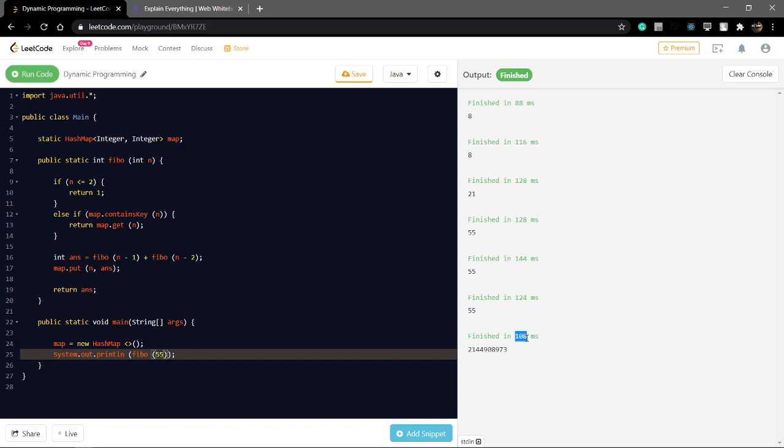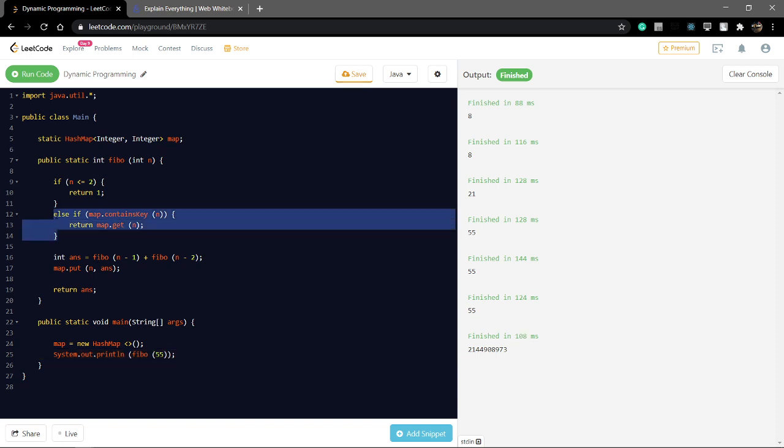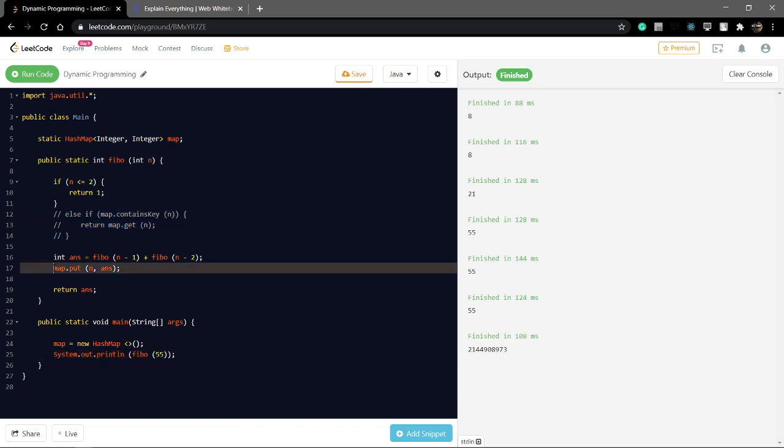It takes 108 ms. Now I have not used the map. So what is the computation for 55? Time limit exceeded for 55 because this makes a tree. But with the map it returns the answer in 108 ms.